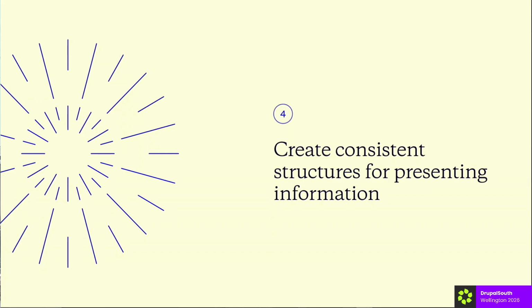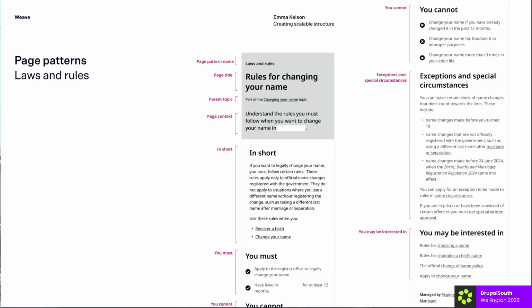And again, we used OUX methods to identify patterns in attributes across information. So what chunks of information kept coming up, whether a user needed a birth certificate or a driver's license? What fundamentally made a rule a rule? What fundamentally made a service a service? This formed the basis for developing an anatomy for each of these information types in the form of page patterns